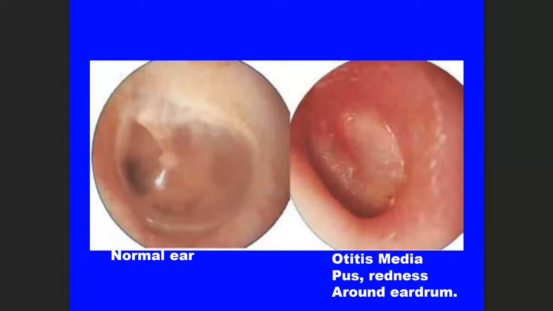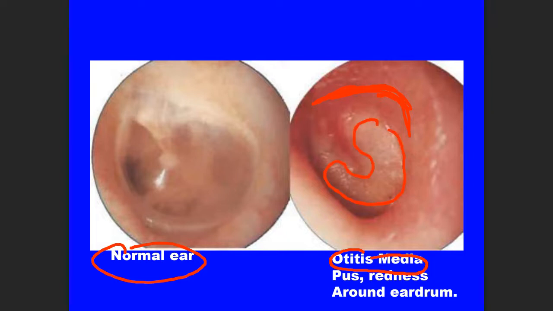Now, I'm not a doctor, but when doctors use an otoscope to look into the ear to see if a person has a middle ear infection, what they're comparing against is a normal ear. There should not be any redness, and there shouldn't be any pus buildup. But if a person has otitis media, as you see here, there's a lot of redness right around the middle ear, and you see a lot of pus, representing pus and fluid built up behind the middle ear.